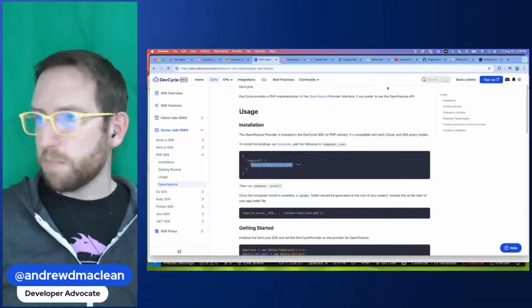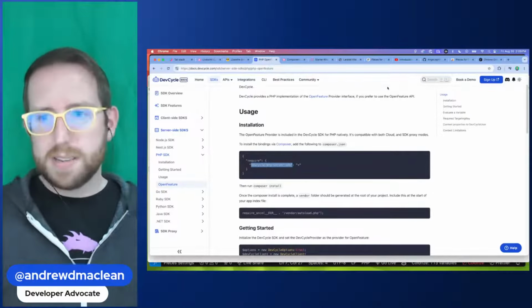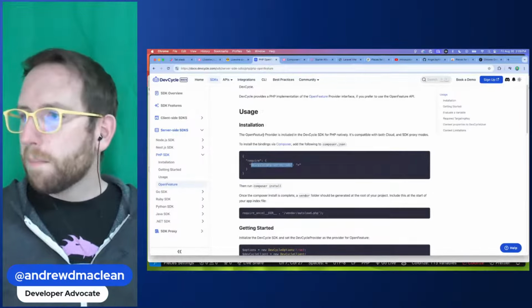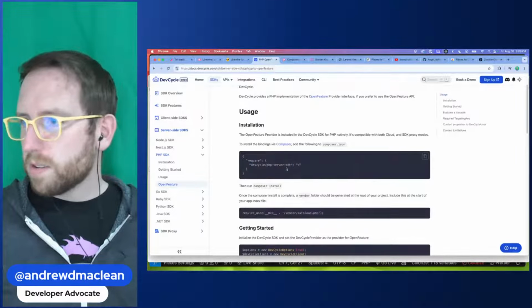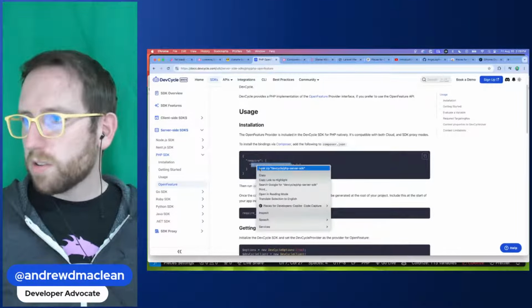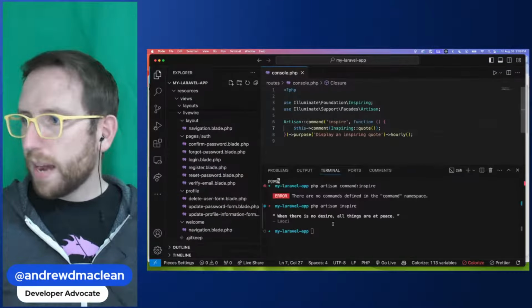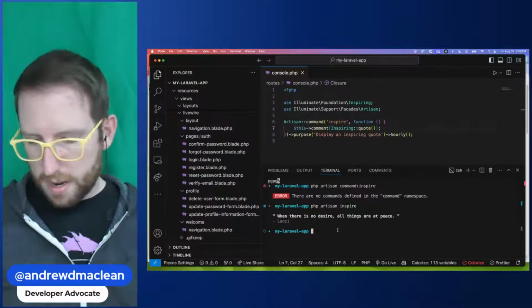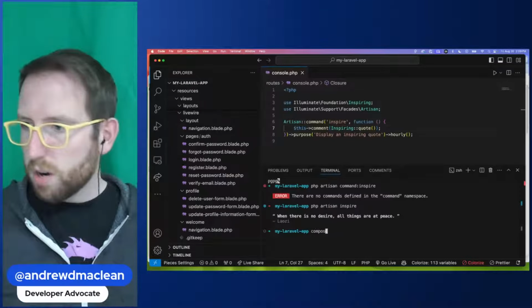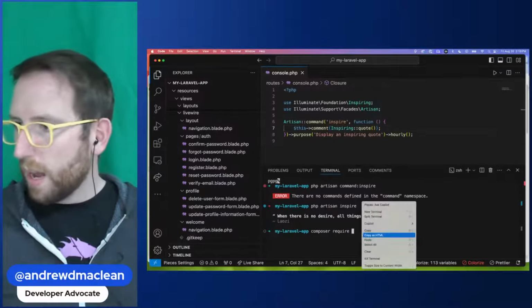In fact, it's probably smarter if I did and just saved this into pieces. So let's just go and install this. Let's grab the PHP SDK. We're going to install this over in our app. So here, we're in the right place. We're going to go composer require, and then,